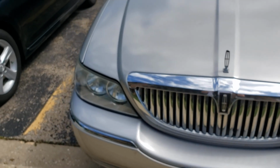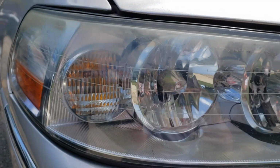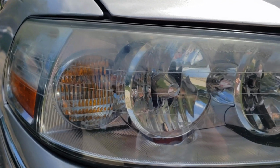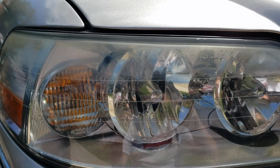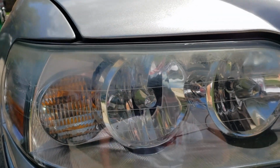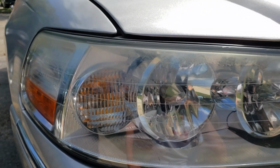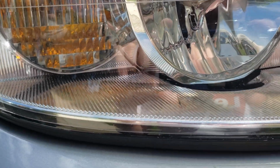But then after a while, now that I am in like the eight months or so of ownership of this car, it stopped going away. So I think this thing is becoming permanent. At first I thought maybe to do a video or just clean it up, because it's just the plastic that's I guess losing its clear feature. But after I started looking at it very closely, and I don't know how well it's going to come up, it has a bunch of these little